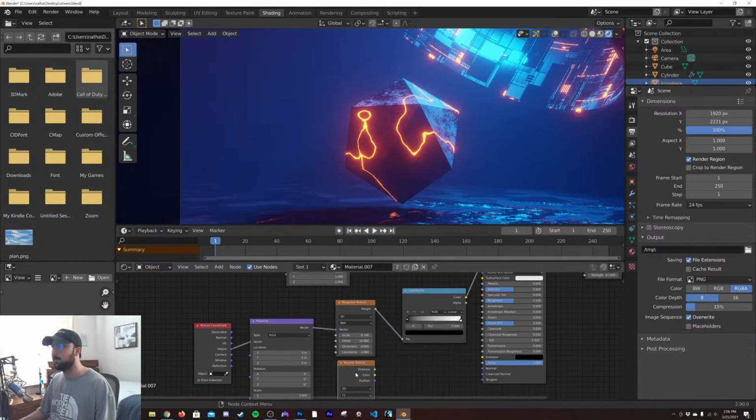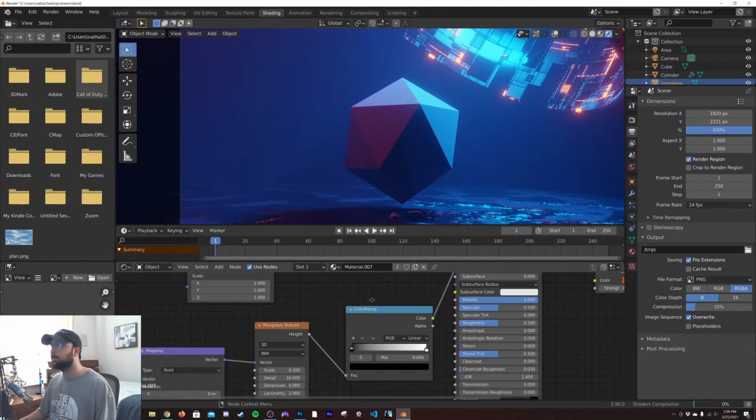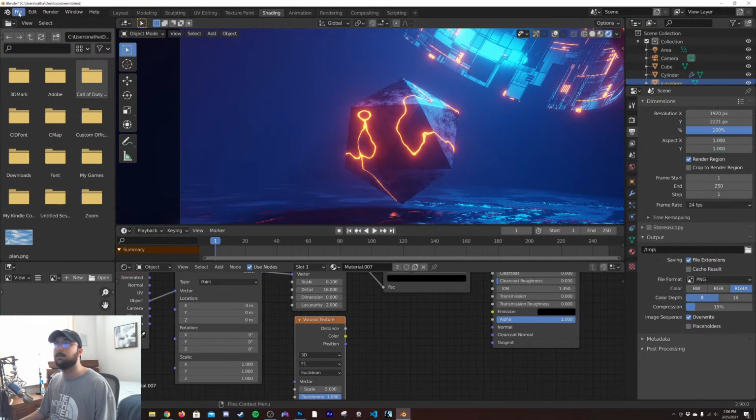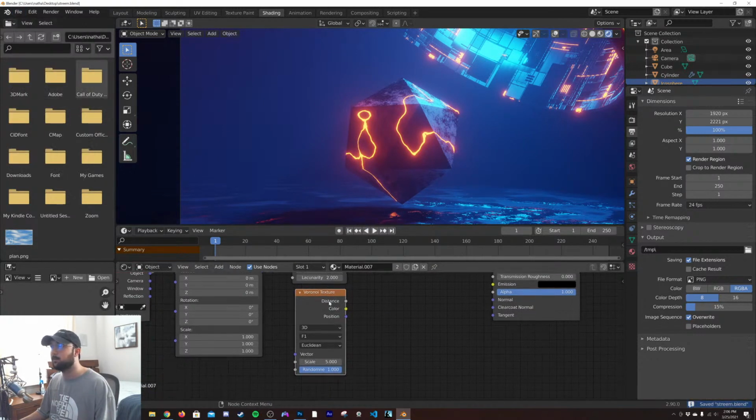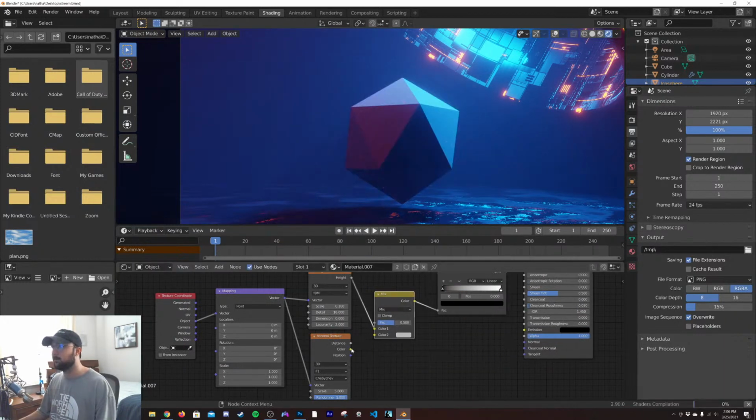This is one of my favorite materials. I love using this material. Let's make this metallic. And save file, save. I'll go Illicity into Chebyshev. Mix RGB. Color. Okay.